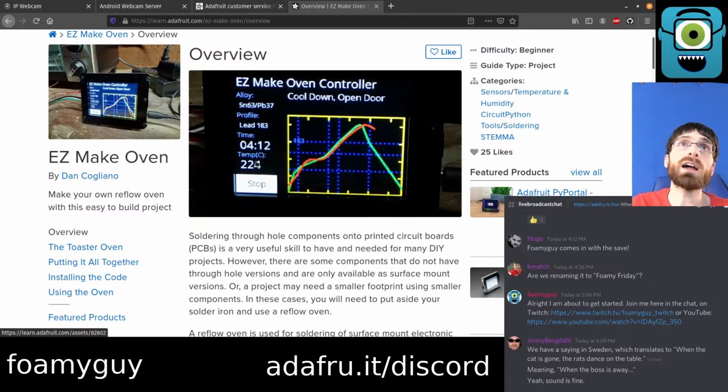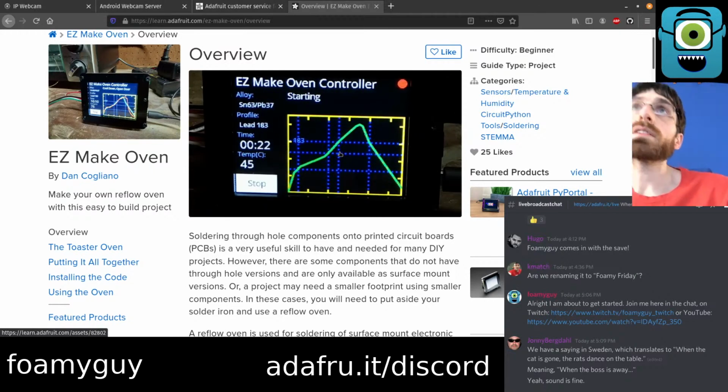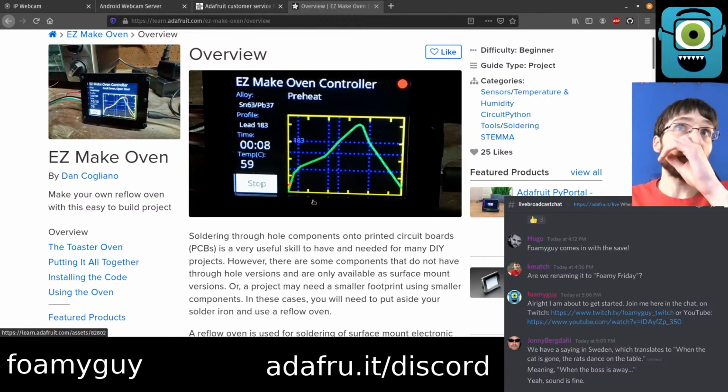onto. So I have not created one of these, although I did pick up a toaster oven from the thrift store maybe 2 or 3 weeks ago. So I do have my eye on this project for sure, but I have not actually made it yet. But the thing I'm going to be looking at today is not so much the soldering oven aspect of this. Today I'm going to be looking at the code and the application and how it draws on the screen,